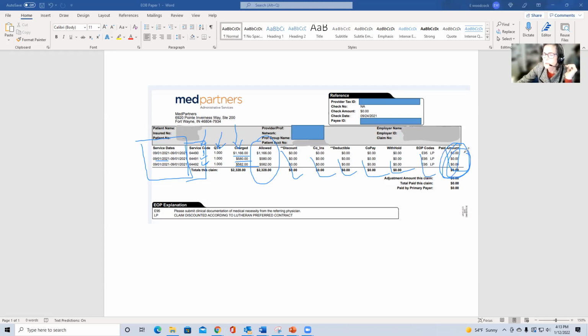So what is going on? Our explanation of payment codes. Okay, this is going to give us a clue to more information here, and we can see the E95. It is telling us we need to submit clinical documentation because this service is not considered medical necessity. And then, as you can see, if it does process, it is going to be discounted based on this preferred